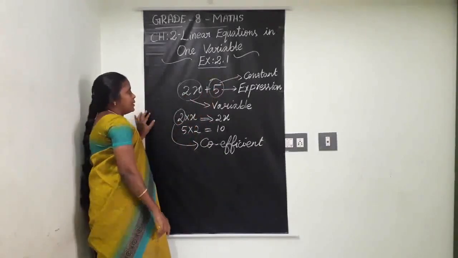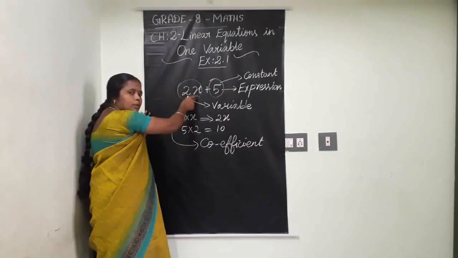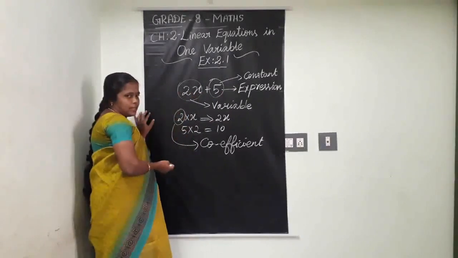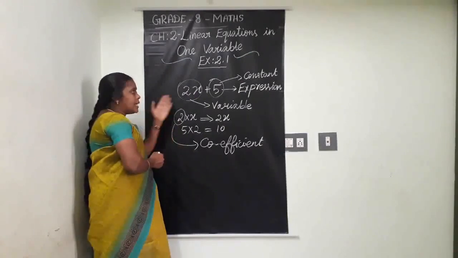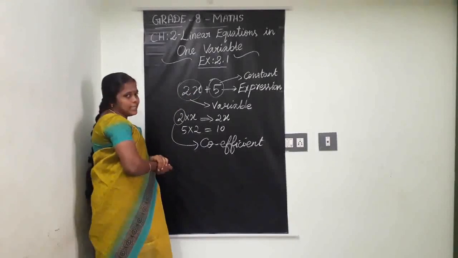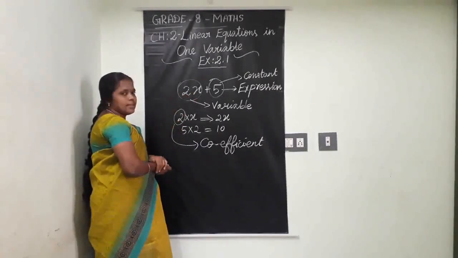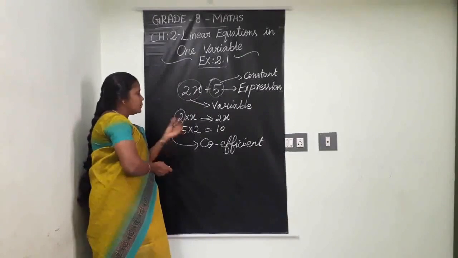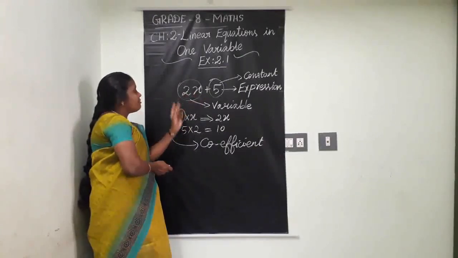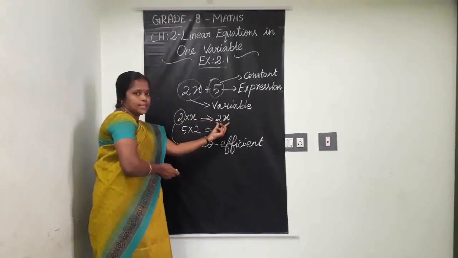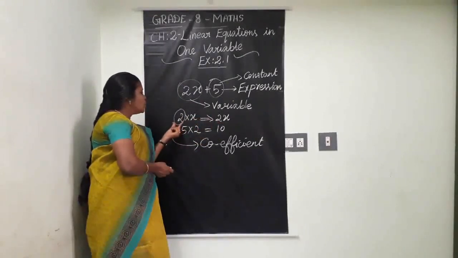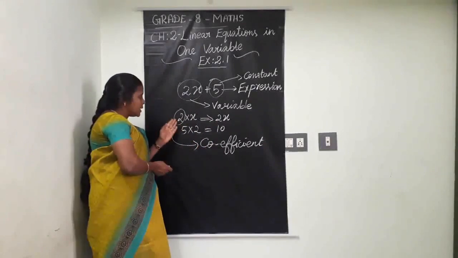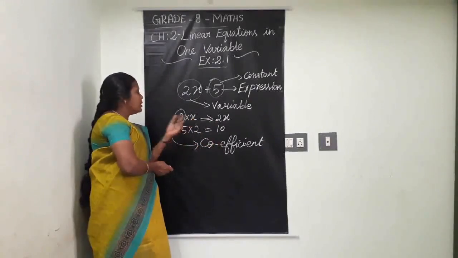This is constant term. What is variable? A value which is not fixed. It takes various values. So it is called a variable. It can be denoted by small alphabets A to Z. Here I have taken x. So x is here variable. The 2 and x, how are they connected with each other? By multiplication. So 2 and x are factors of the term 2x. What about 2? 2 is called coefficient, especially numerical coefficient of the variable x.